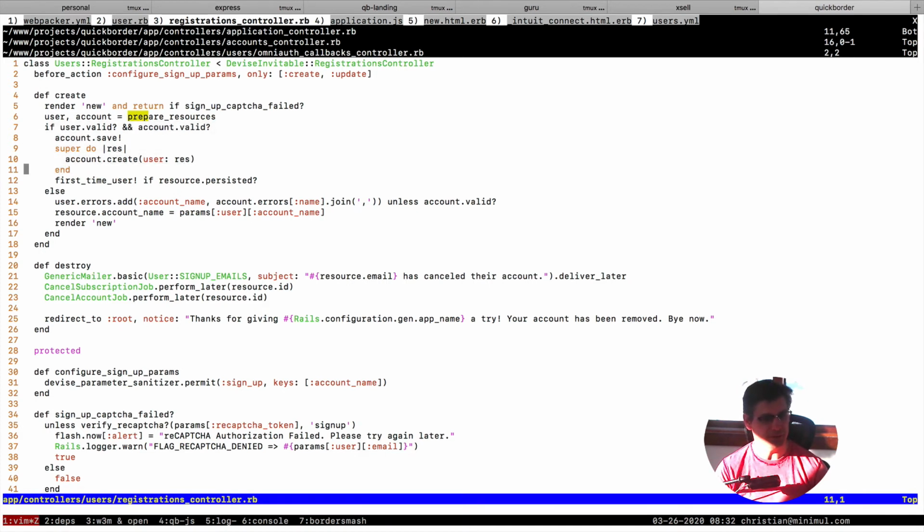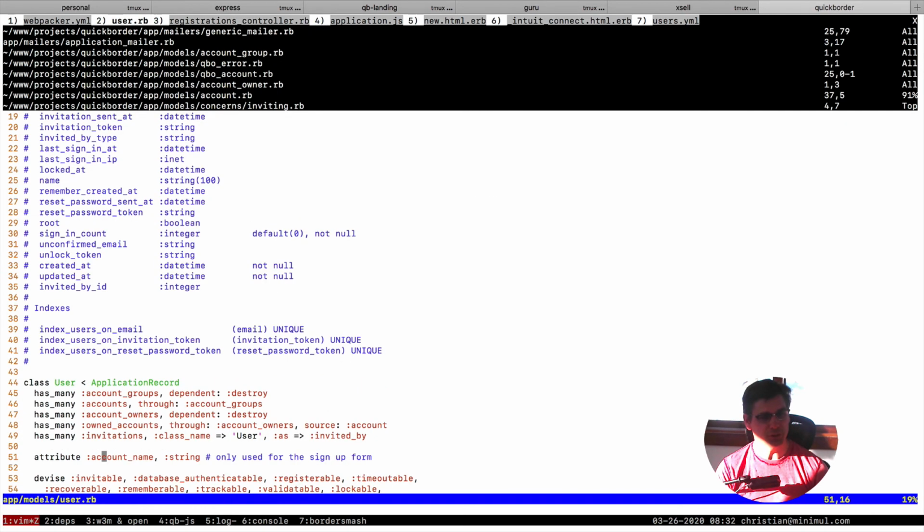They pass validation. Here I have to account save at this point, okay? Because I'm going to need this already saved, persisted, to do this. When I do super, the resource is going to get persisted. The user resource is going to get persisted. Okay? It's not already persisted here, but it gets persisted here. You're following all this? And then in the block, we can do this account create stuff, which I showed over here,